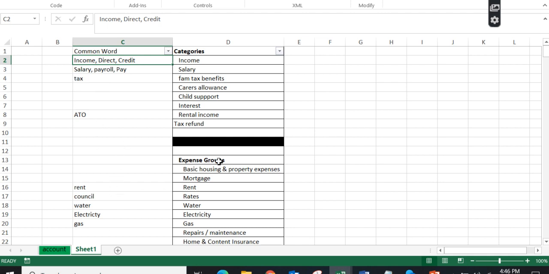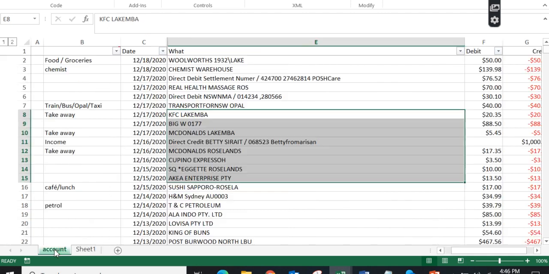Once you populate this data, then you can simply run this macro, and to make it successful, you need to select those columns where you want the specific result to be returned. Okay, so it will run for all the selected cells and it will give you the results here in column B.